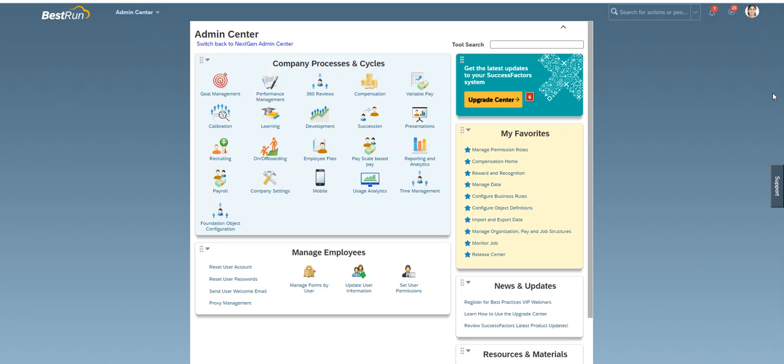So in SuccessFactors, which is a core HR product, there are three types of employee data. First is the personal data, which is your first name, last name, date of birth, address, job title, etc. The second type of information is the background information, which is again employee-specific information like your previous work experience, your qualification, your certification, your language skills, etc. And the third type of information is the rating information, where you update the performance, potential, and other rating values